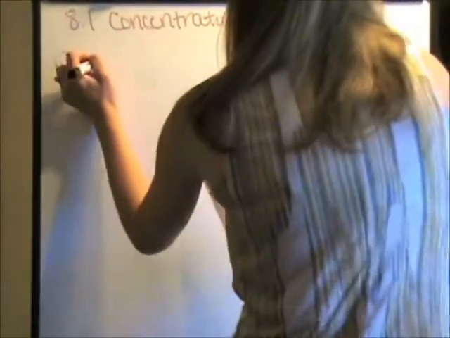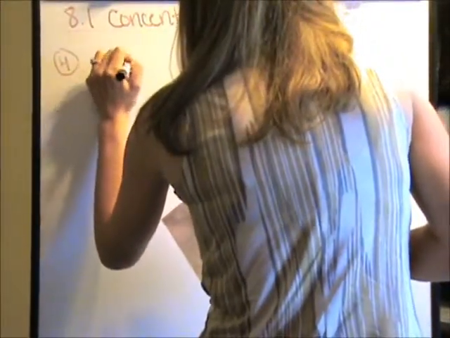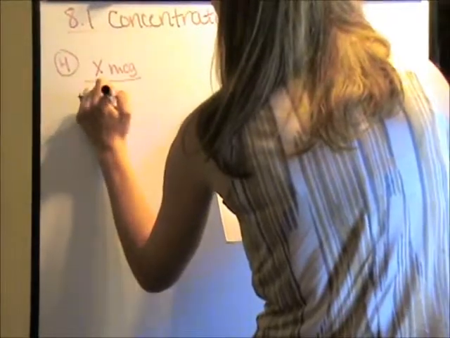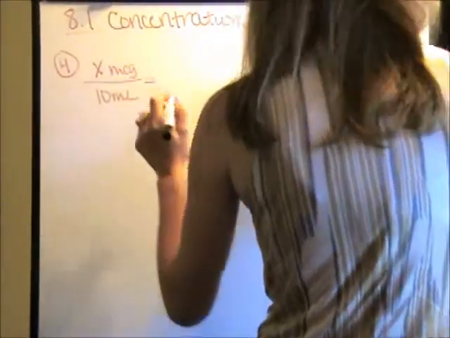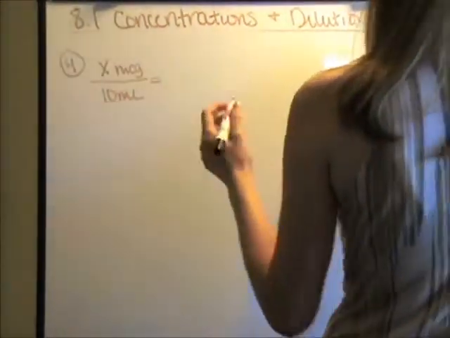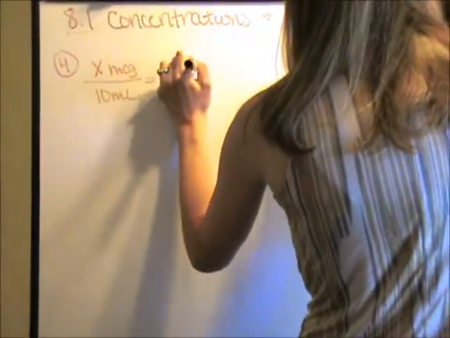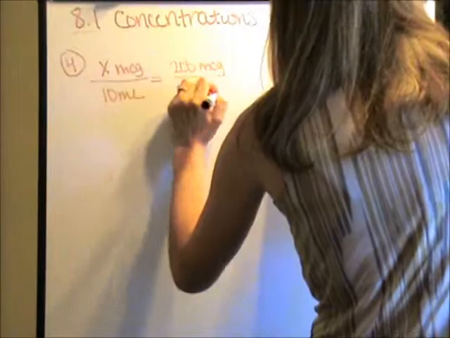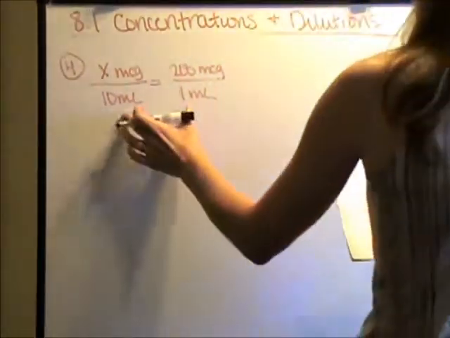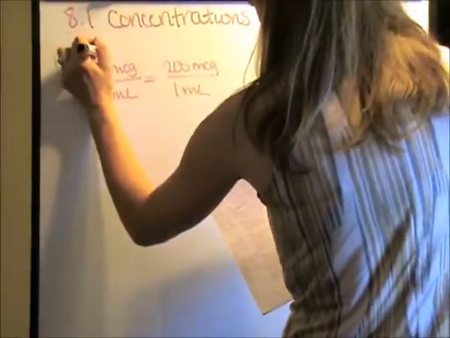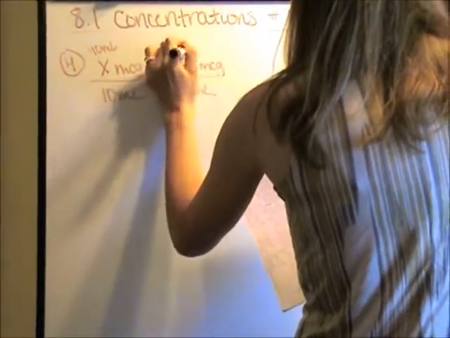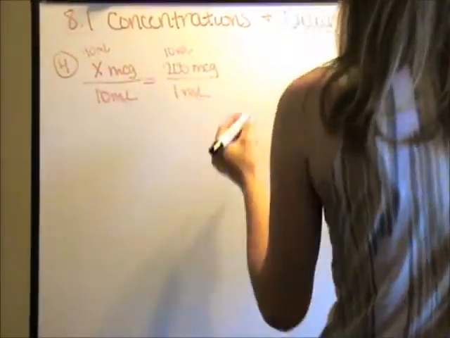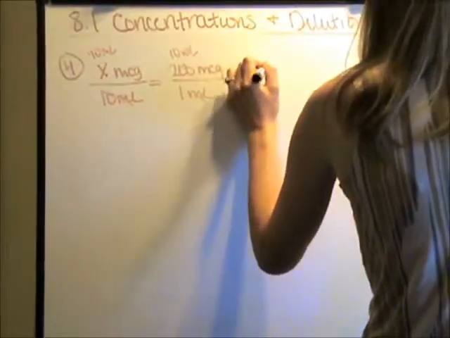So let's set up our proportion, and it's in micrograms. We know that we're going to be preparing 10 ml, and it comes as a 200 microgram per milliliter solution. So now we've got our proportion set up, our units of measure match, we can solve for X. So X is going to equal 2,000